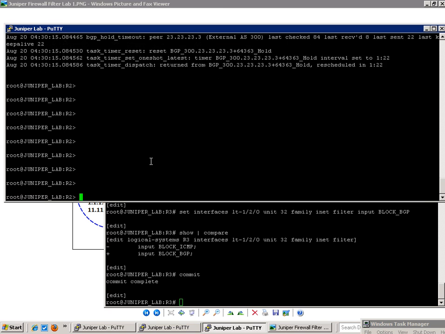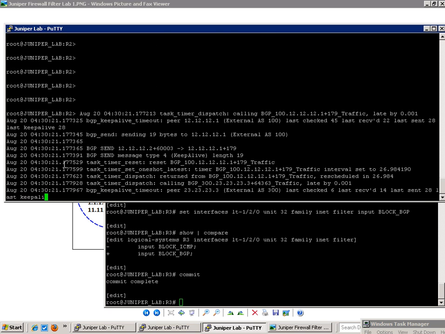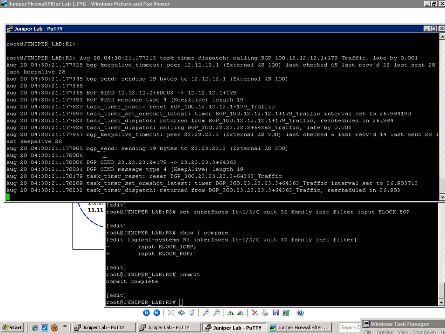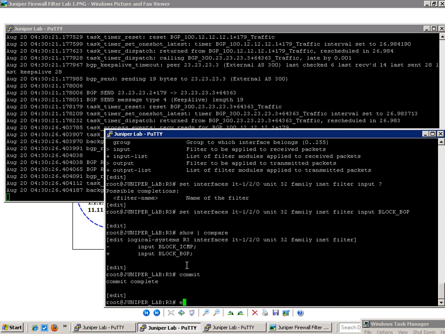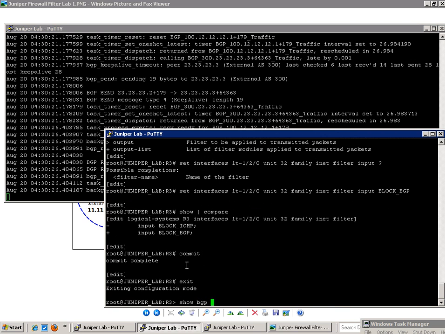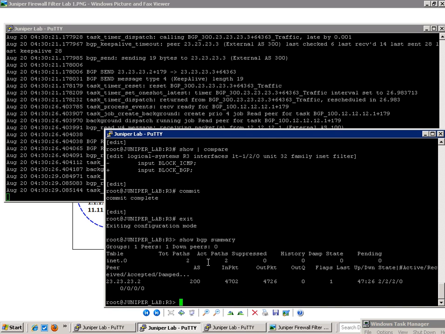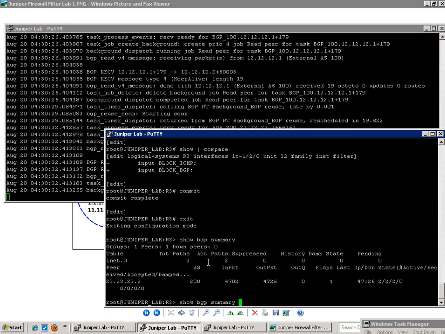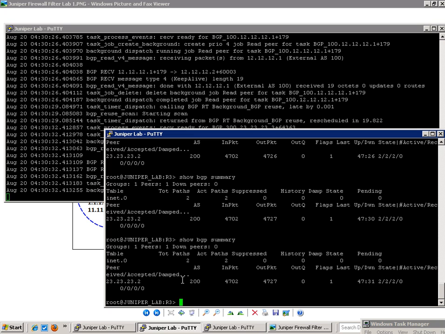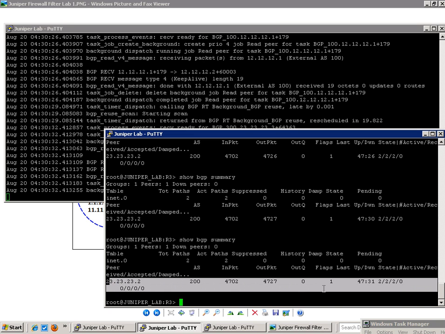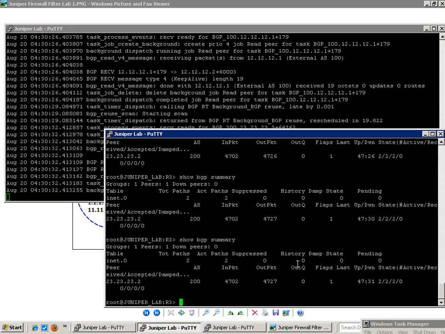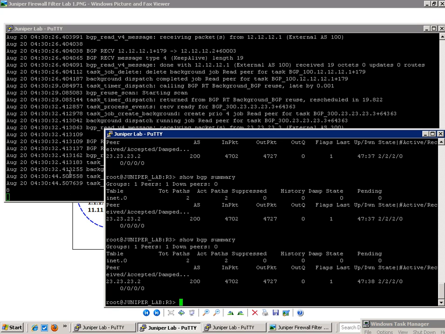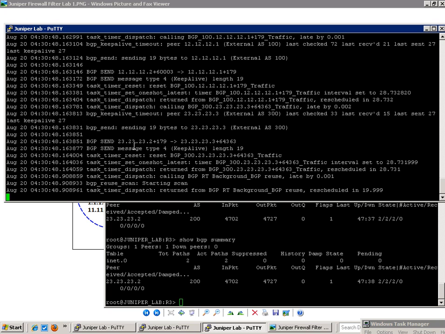Then we should get some good stuff above on R2 in just a second. On router 3, if I do a show BGP summary, you can see that it still shows that we have our neighbor adjacency with router 2 right here. It still shows it up, and that's because the hold down timer has not expired yet. So once that happens,